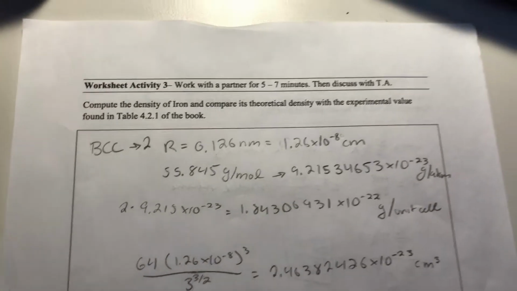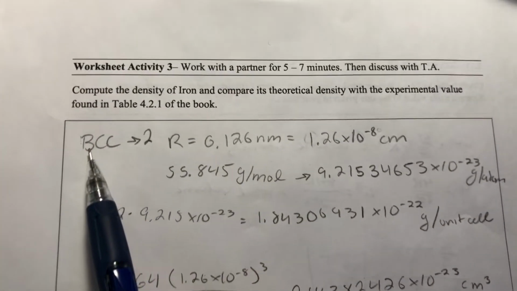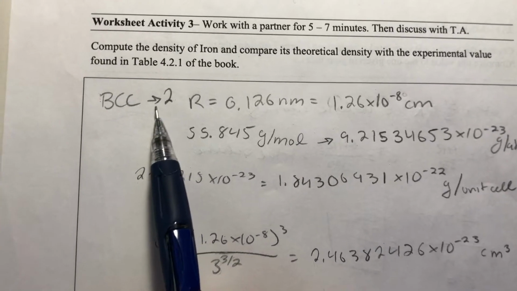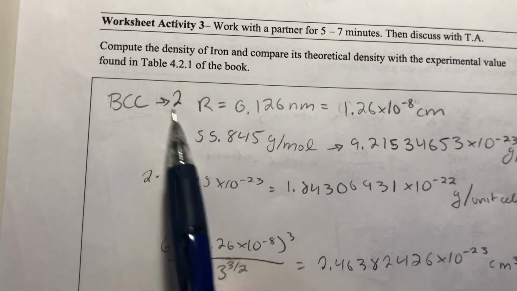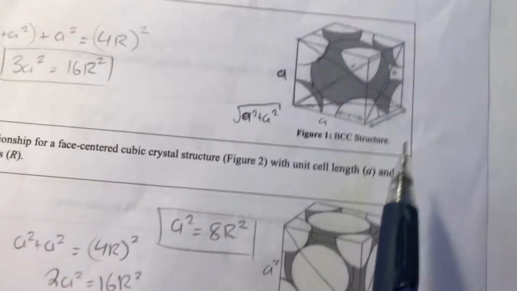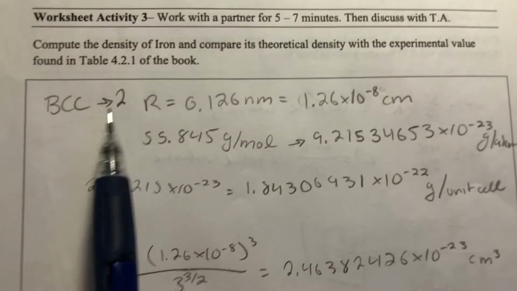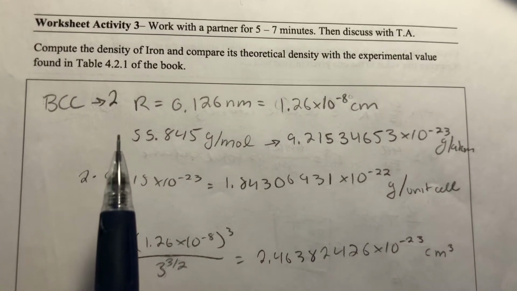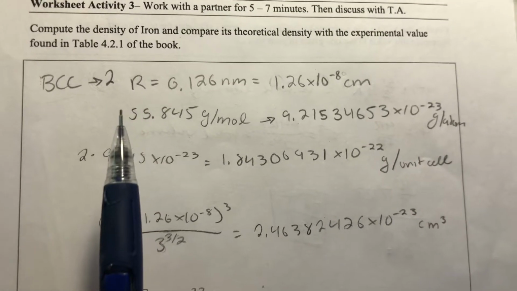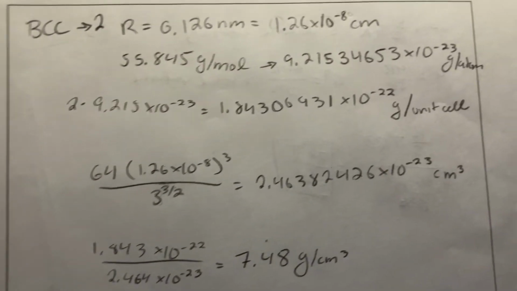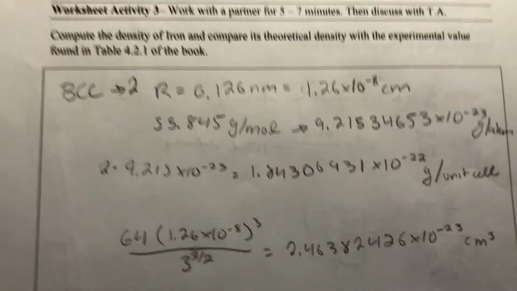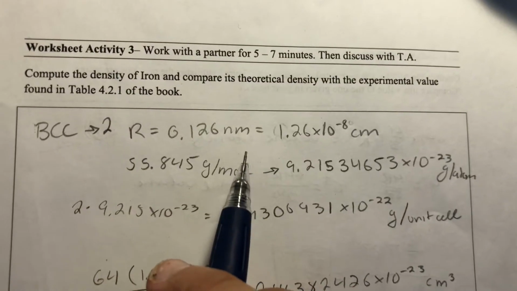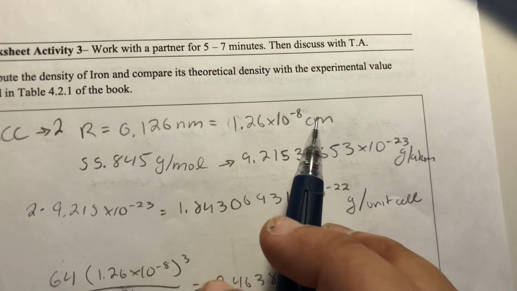And this last one, with the density of iron, was a little bit more tricky. In the table, it's given that it's a body-centered cubic. So that means per unit cell, we have our 2 atoms per unit cell again, because remember, we have our 8 corners divided by 8, plus 1 in the middle. Then it's also given the radius is 0.126 nanometers, which is 1.26 times 10 to the negative 8 centimeters,